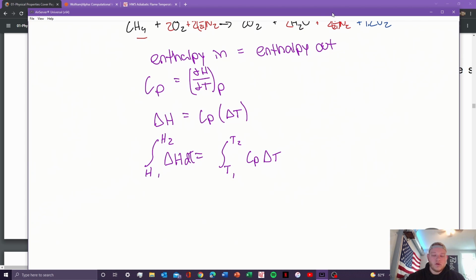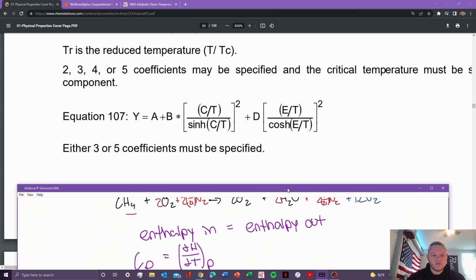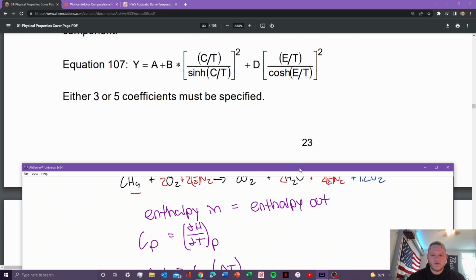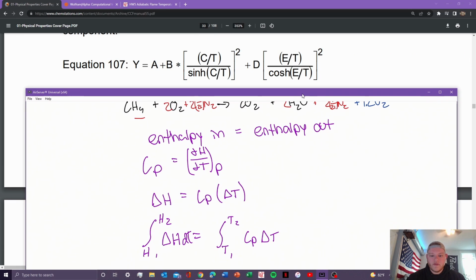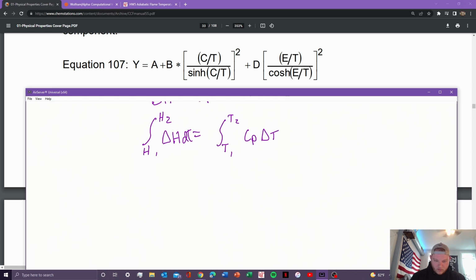Now, we need to find the integral of this heat capacity. We actually have a good equation that we can take the integral of, that will help us solve for temperature, and we get that from ChemCAD. Hold on, I need to scroll this up so I can fit this here, and that's equation 107, which is